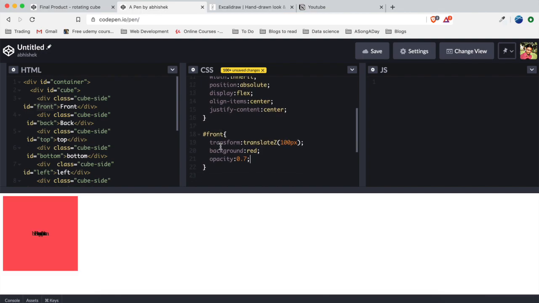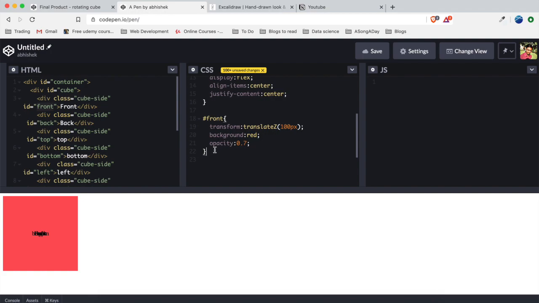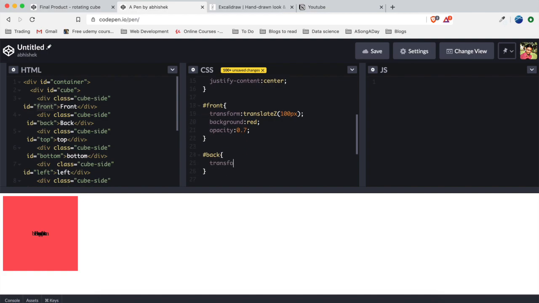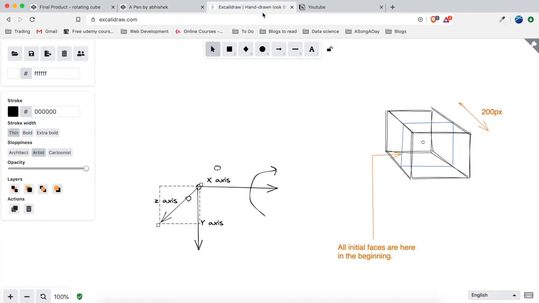Cool. Now let's have our back face here, so that would be back and transform. So this is going to be 100 pixels beyond this point, right?